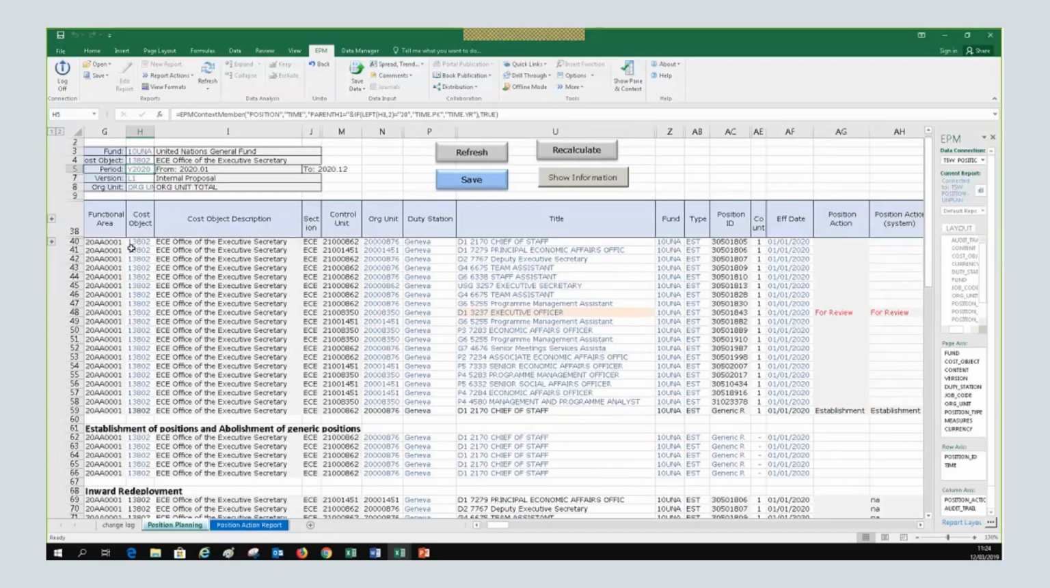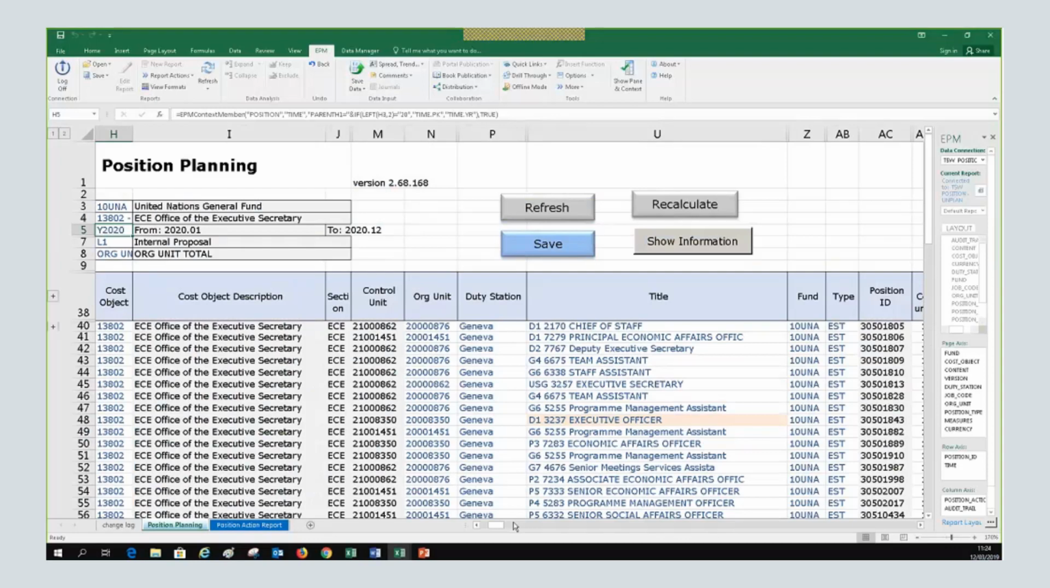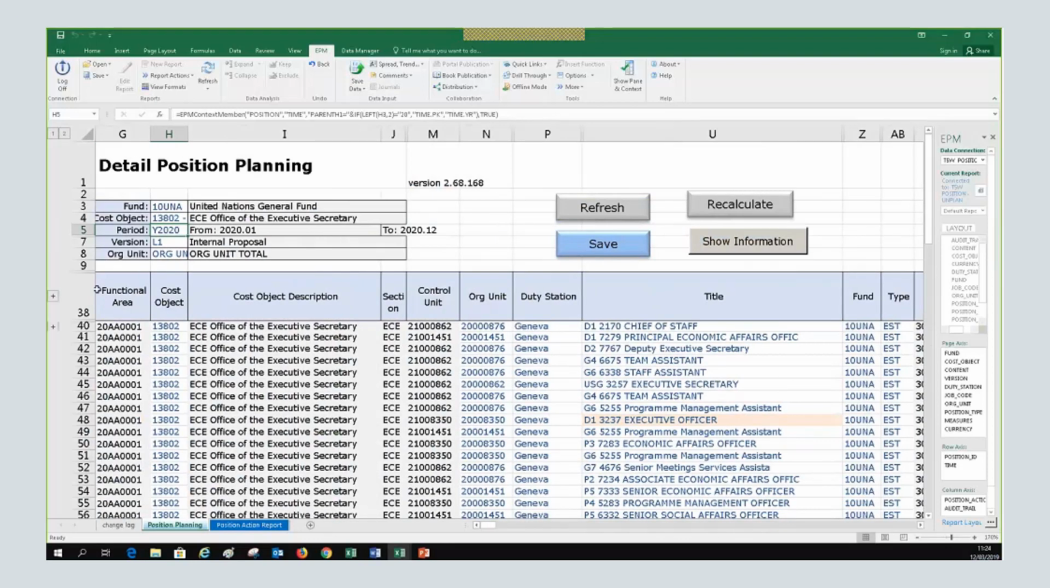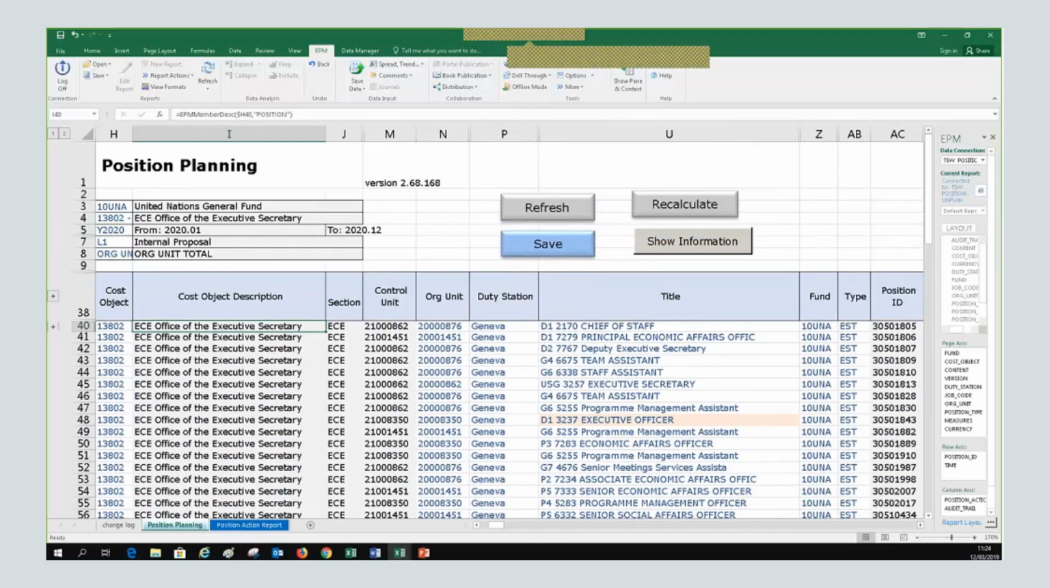So you see, after clicking on refresh, I got this list, and I'm going to zoom in a bit so you can see it better. So in this list, we have the current situation, and you have a number of columns. You have functional area, which is linked to the cost object. Okay, the cost object will be your cost center, the description of your cost or your fund center, the section, which is the entity, the control unit and org unit, which is related to the post itself, the duty station, the title, which is